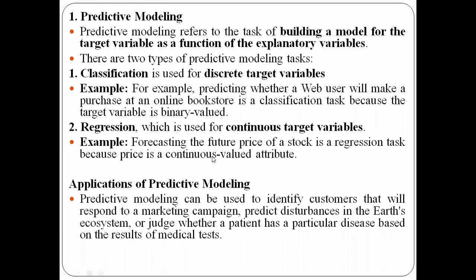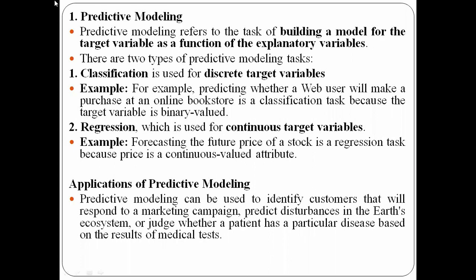For example, you might have observed in the share market, the price of a stock has a continuous value. You can't say that a stock price will be just a whole number. For example, if it is 100 today, it may reach 100.5, 100.8, 100.9. So it has mixed values, integer and floating point values. So this task can be used to predict the future price of a stock, because the future price of a stock will be a continuous value, with both integer and floating point values.